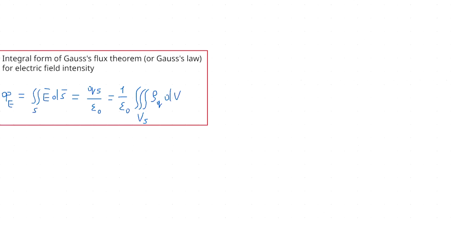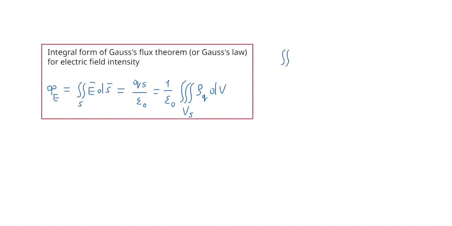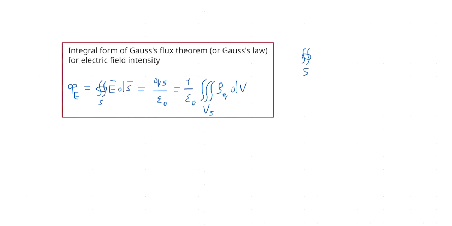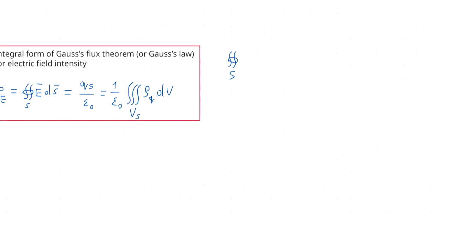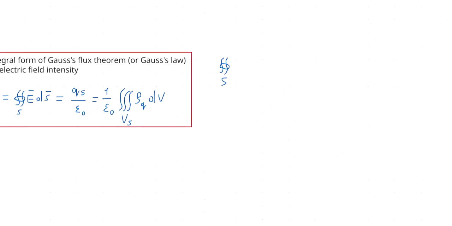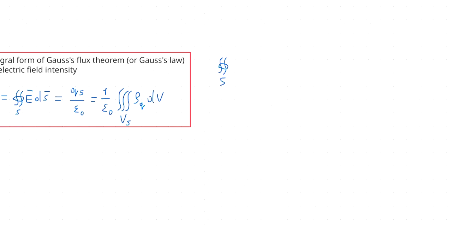Here I will draw also this round. Round means that we have a closed surface. This double integral with round means that we have surface integral on closed surface, and according to calculus,